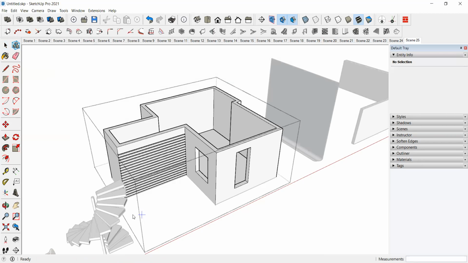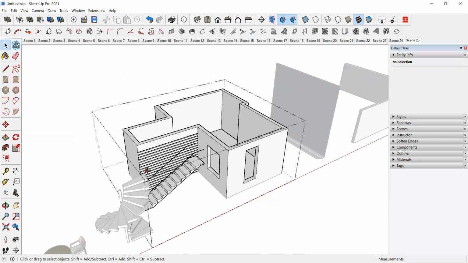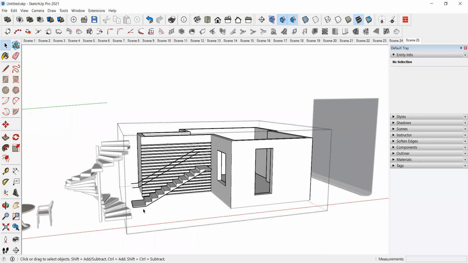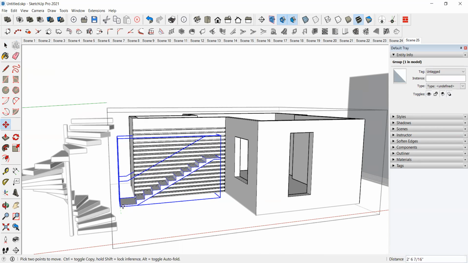So what you have to do is you have to give the direction of the staircase. So I'm giving this direction and you can place that. So according to what height we gave, that height it will take.